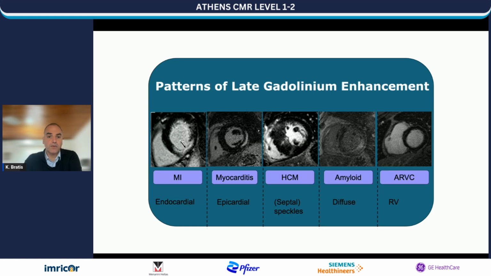So the ischemic one on the left, subepicardial in cases of myocarditis, diffuse patchy pattern, particularly in the hypertrophied segments in hypertrophic cardiomyopathy, diffuse infiltration of the ventricles and atria in the case of amyloid, and then pathology of the right ventricle in the classic ARVC